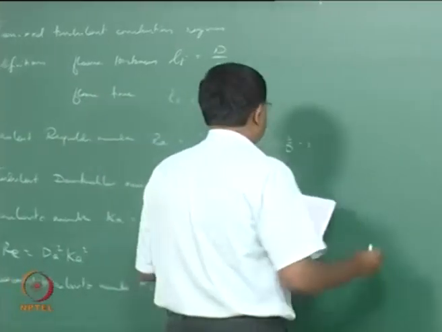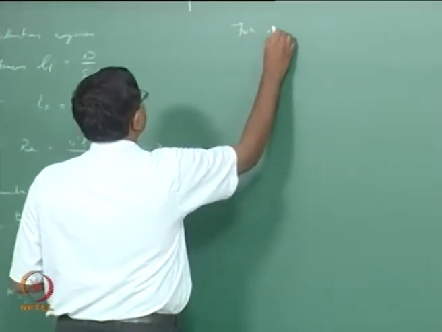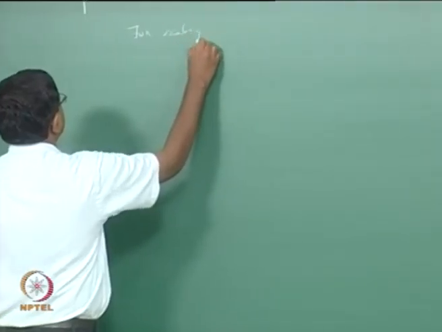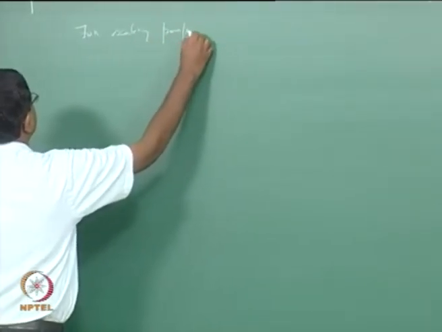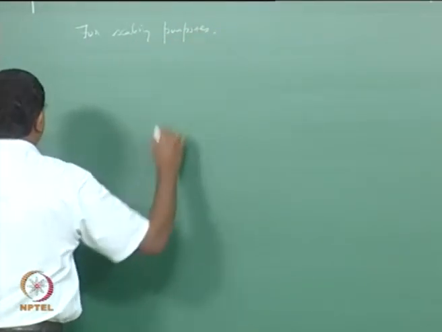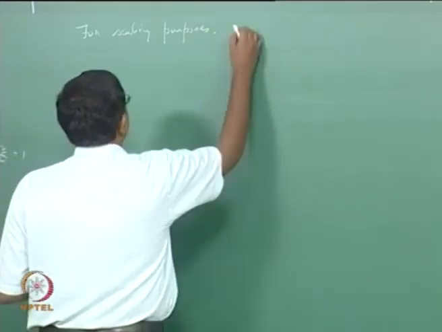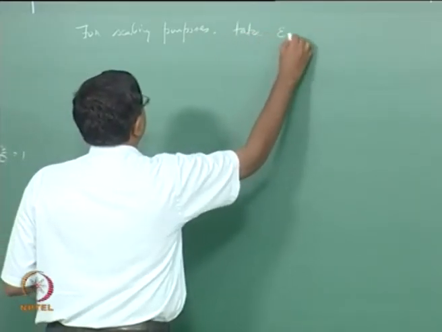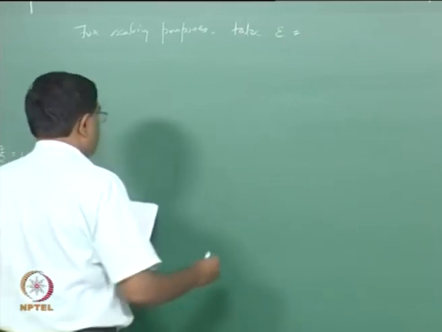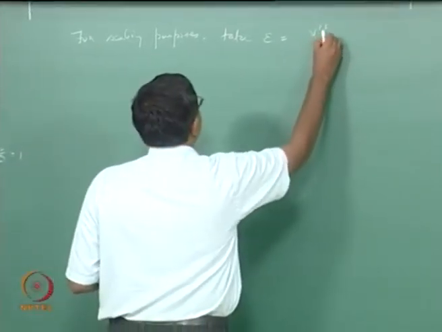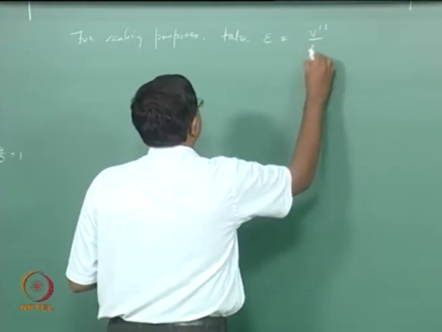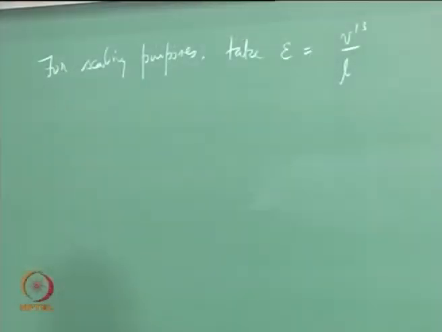So let us suppose, for scaling purposes, we take the turbulent dissipation as V prime cubed divided by the integral length scale. We could only show typically that it is of the order of, but let us suppose that we take it as equal to, then